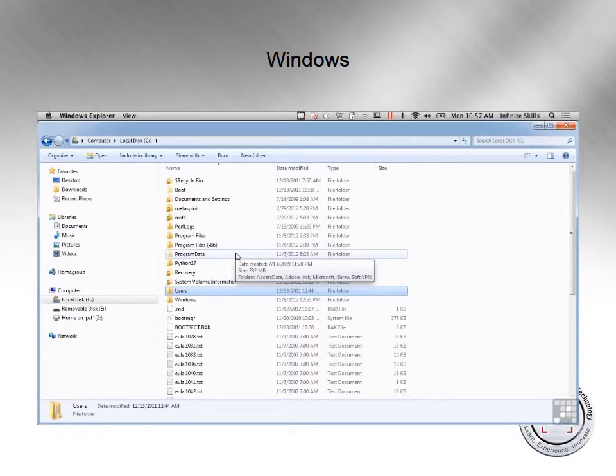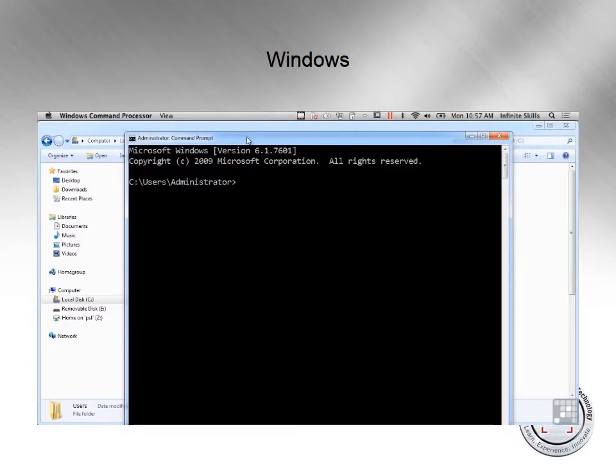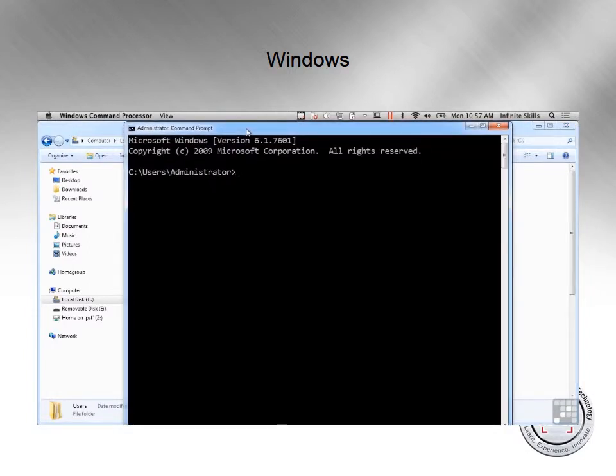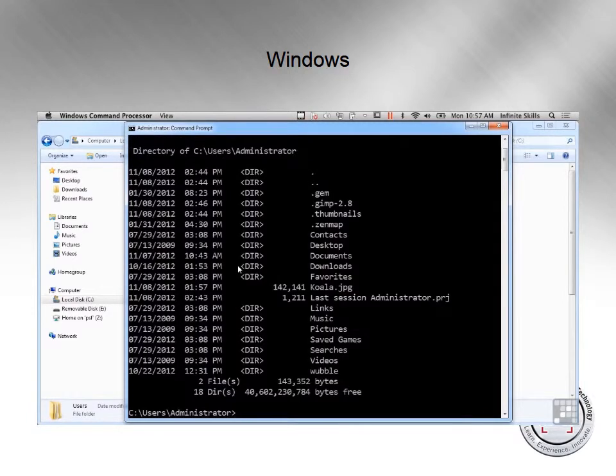So journaling is really important. Having that ability to log transactions on the file system, just like you do with a database, is really important. Now, one thing I can do with NTFS that I can't do with the FAT file systems is to create links. So what I want to do here is I'm going to run make link, and I'm going to say